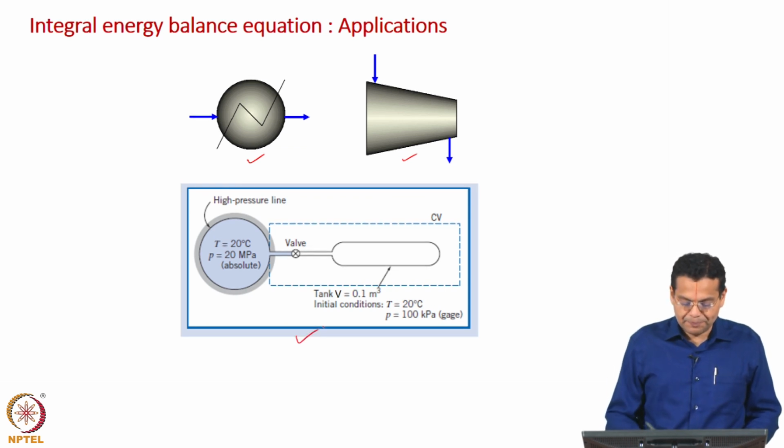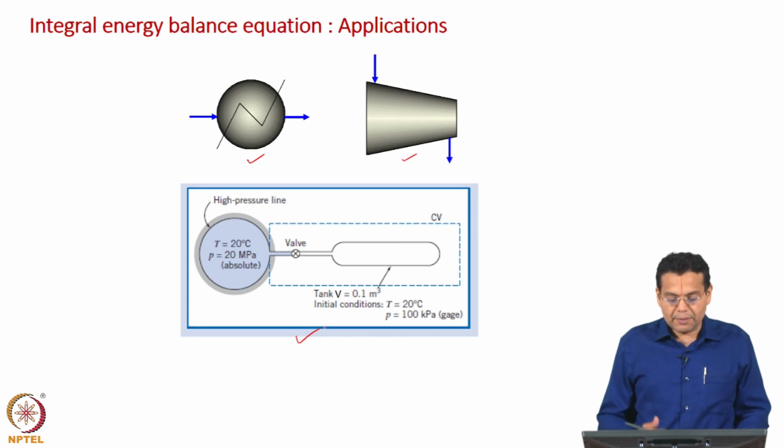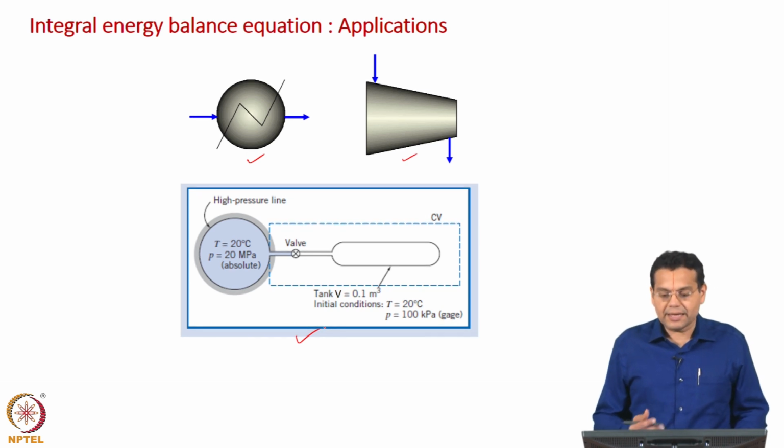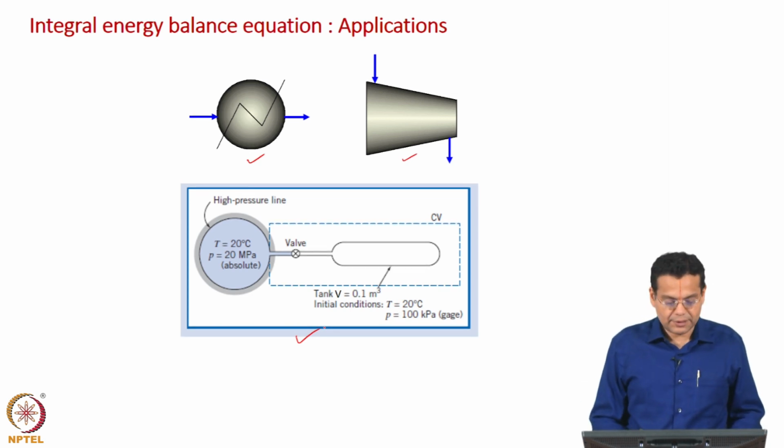The third example is a little more involved. That is an example under transient condition. We have a high pressure line and a tank is connected to that, and it is getting filled. Okay. And it is a nice example where we see how to know the mass flow rate entering the tank based on the measurement of the increase in temperature. Okay. So, it is a transient energy balance. This probably would not have been done as part of a process calculation course.